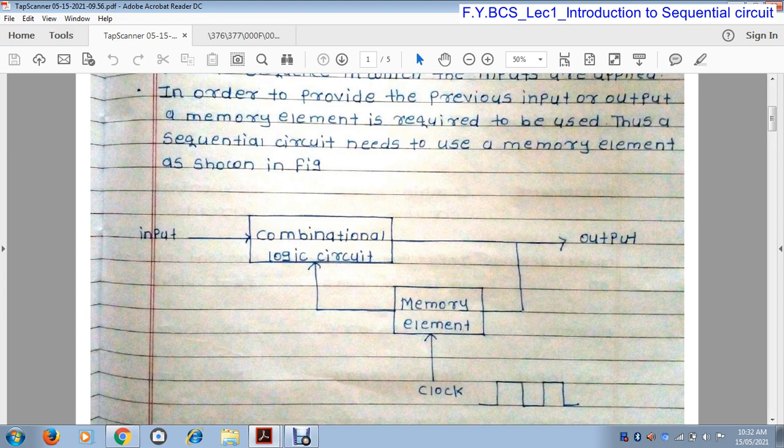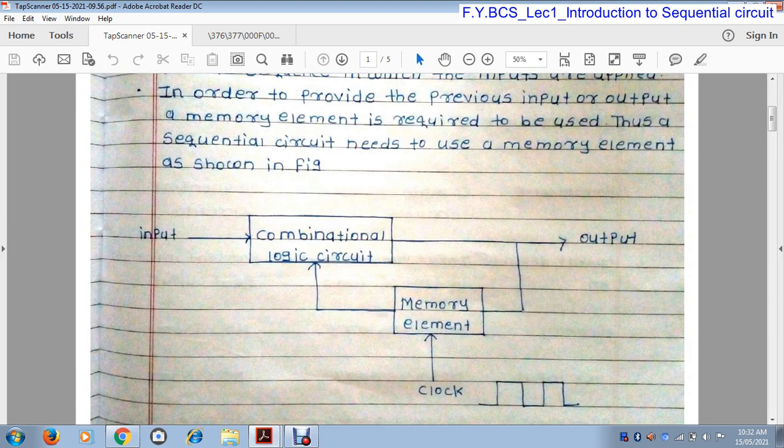So there are two inputs to a combinational circuit. First is the external input and second is the present state of data stored in a memory element. By using these two inputs, the combinational circuit generates new output, and this new output is called the next state.